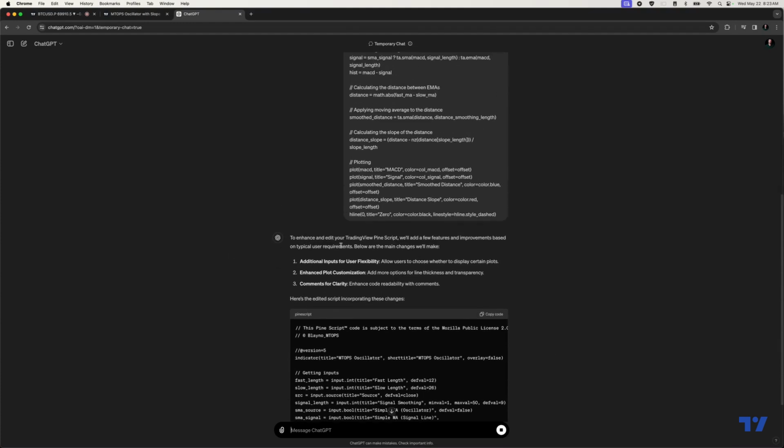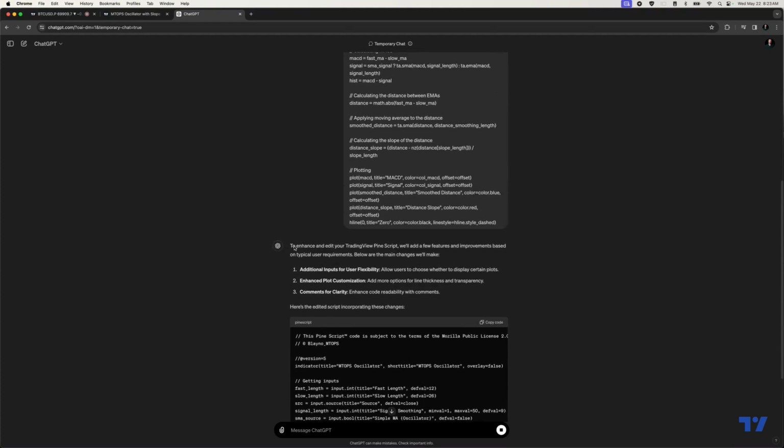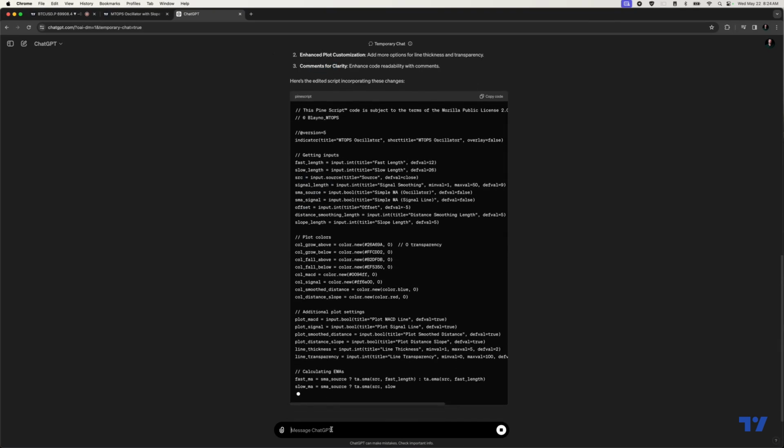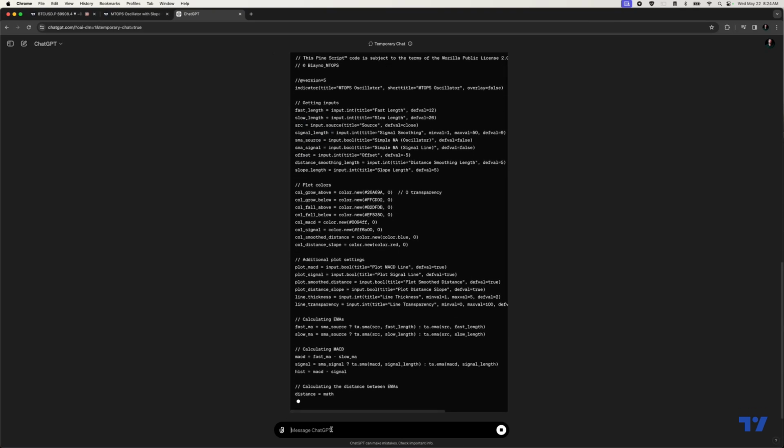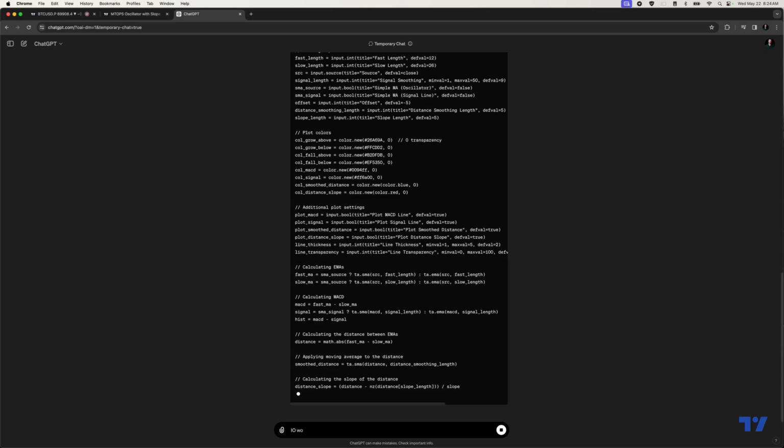And then it suggests enhancements and such: additional inputs for flexibility, plots, customization, comments, and just say what you want to do with it. You can also say things like, I want